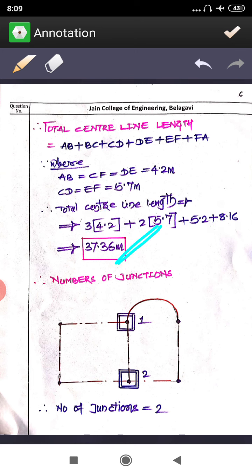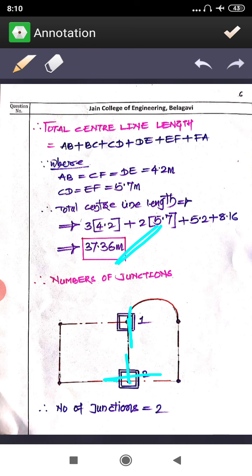Now along with this center line you are supposed to determine the number of junctions. So wherever there is a T junction, T formation, if you see here, this is going to be a T, and here also you will be having a T. So wherever you have a T junction, we are going to consider it as a junction, right? T point, T joint. See here you will be having a T junction on this side, and you will be having a T junction from this side.